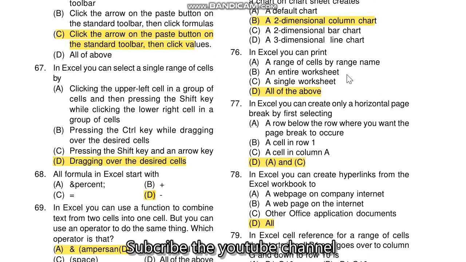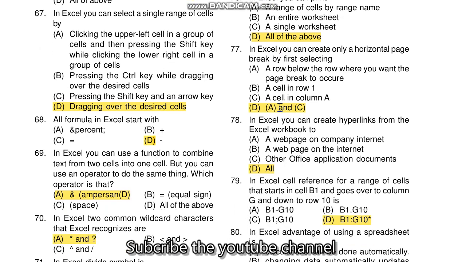column chart. Question 76: in Excel you can print all of the above: a range of cells by range name, an entire worksheet, a single worksheet. Question 77: in Excel you can create only a horizontal page break by first selecting